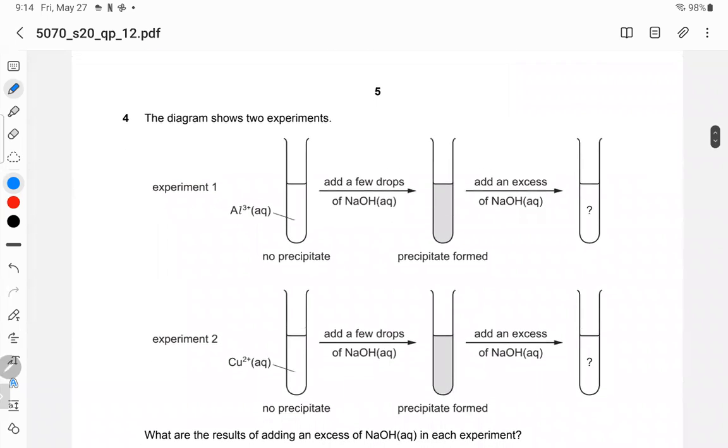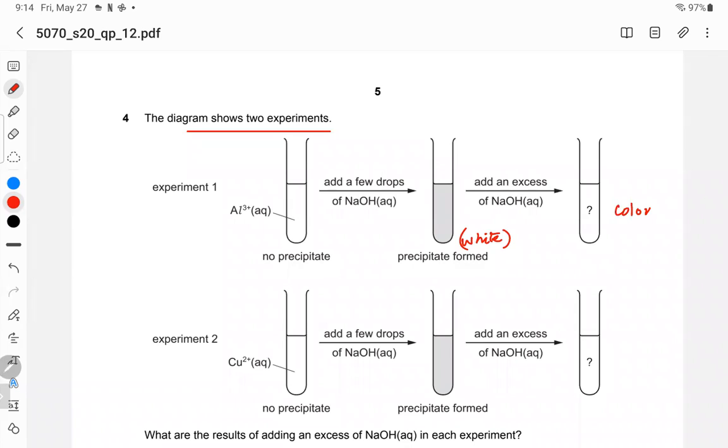Question number 4. The diagram shows two experiments. Experiment 1. Add a few drops of NaOH. Precipitates are formed if there is aluminum ion, so these precipitates are white in color. White precipitates. And on adding excess of sodium hydroxide, if you recall, we will get a